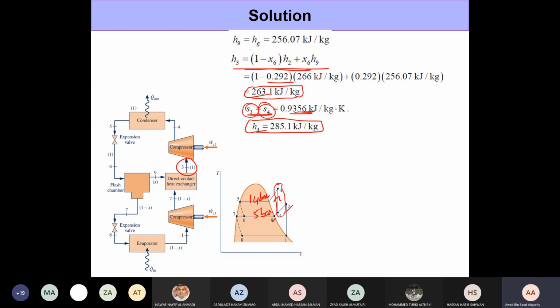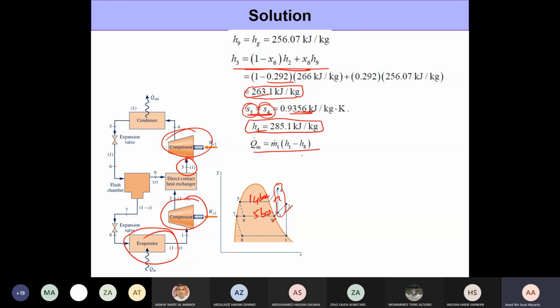So all that we need now is the mass flow rates. Any idea how we can get the mass flow rates? The mass flow rate that's going through this compressor and the mass flow rate through the second compressor. By energy balance. By applying energy balance where? It's going to come through energy balance. That's the right answer. But to which component do we apply it? Doctor, using Qn? Yes. Yes, both of you are correct. We need to use Qn, right? Or apply energy balance to the evaporator.